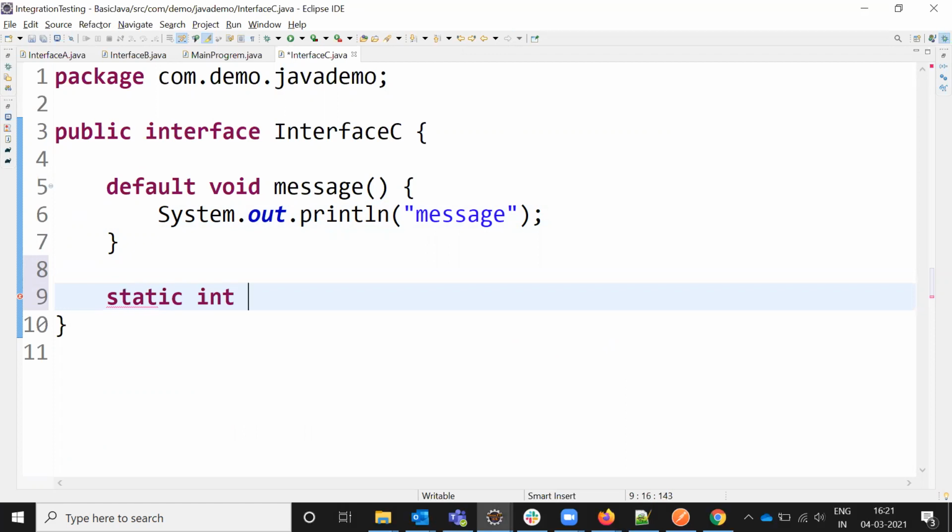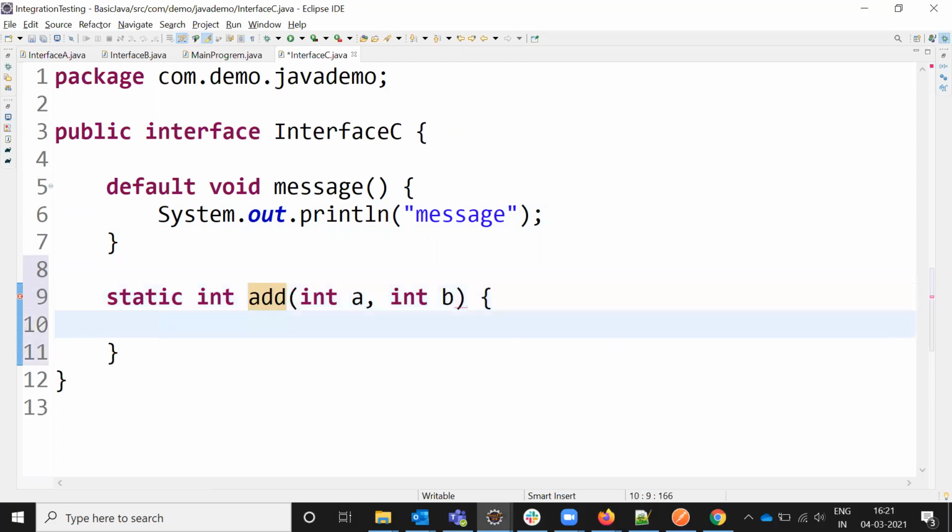Static int add, int a comma int b, and here I'm going to return a plus b, which is the value it is displaying. That value I'm going to display.